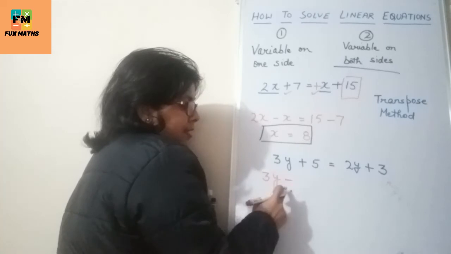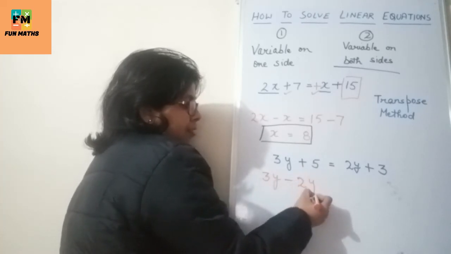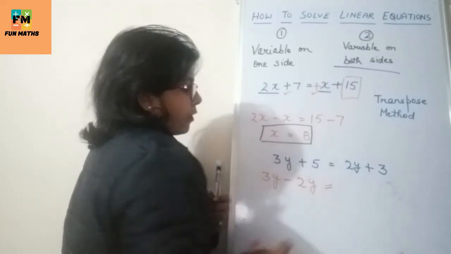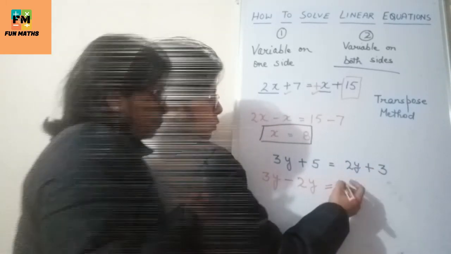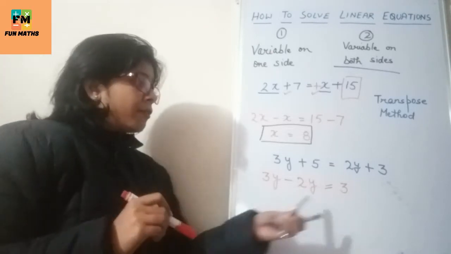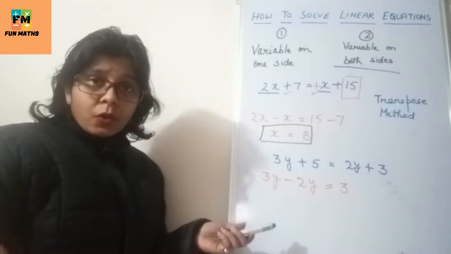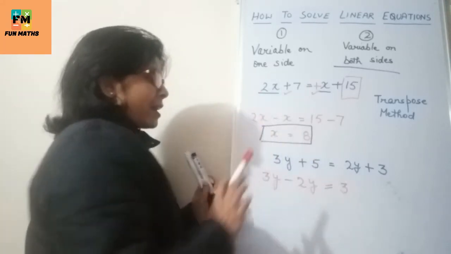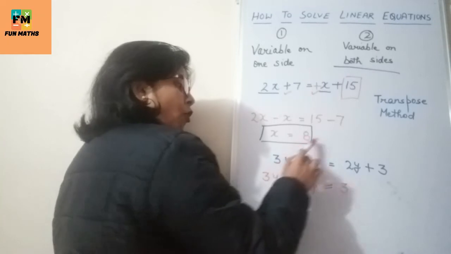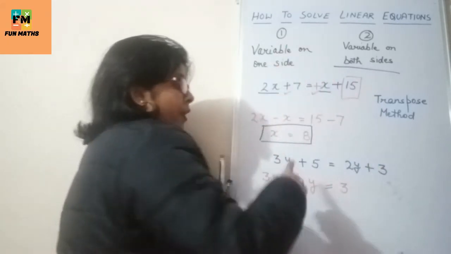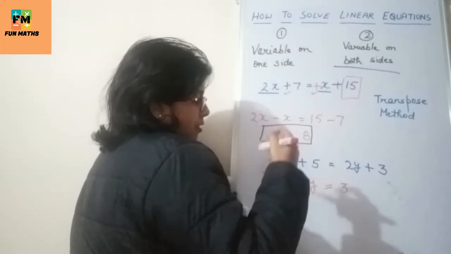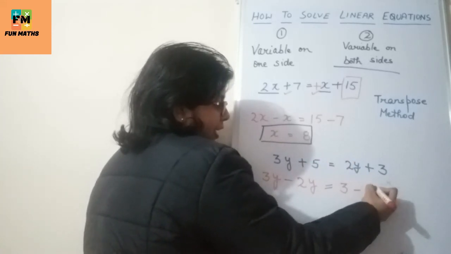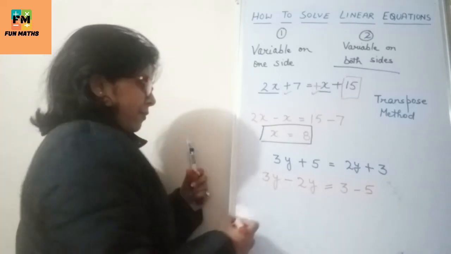Here it is with plus sign. Here it will become minus, and this 2y will come on the left hand side. Now we will put the equal sign. Now if you can see, after equal we have this number 3. So this number 3 will say why I will change my place. I will be here only on the right of the equal. Now this 5 has to do the compromise. So 5 will go from left to right, right? When it will go from left to right, this sign would be changed. This is plus 5. When the 5 will come on the right hand side, it would be minus 5, right?